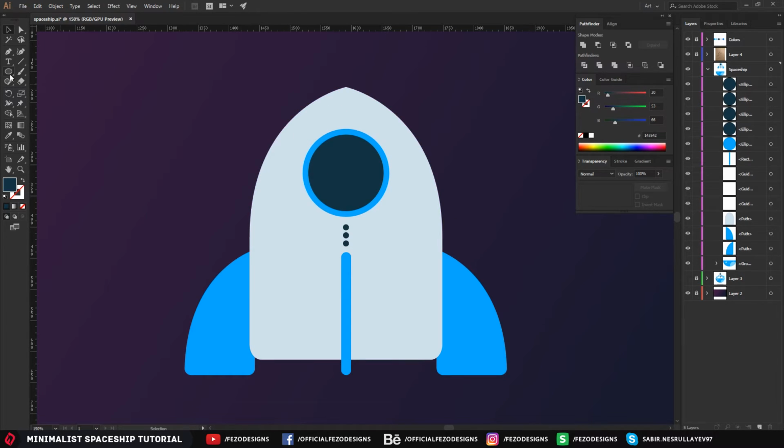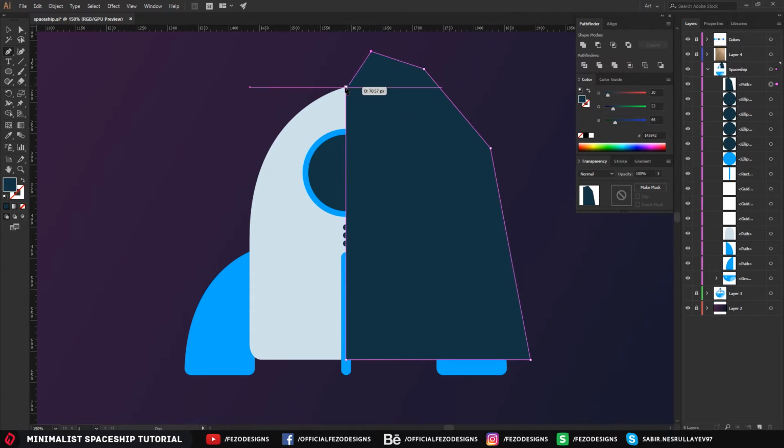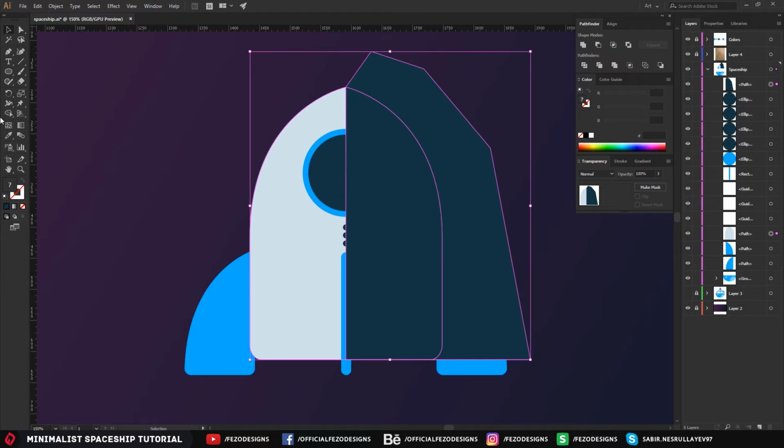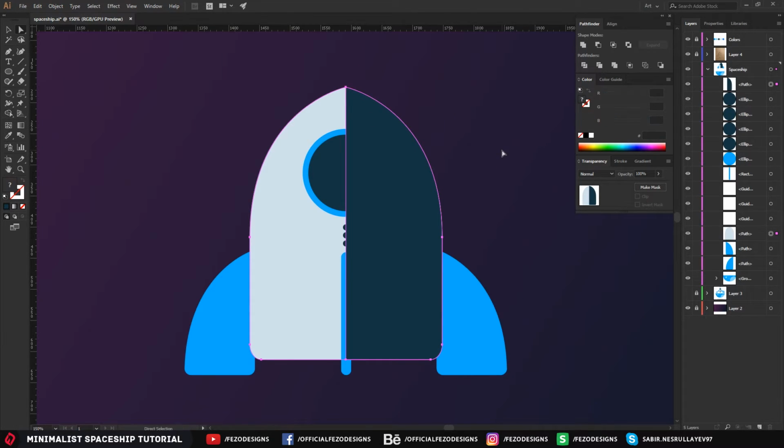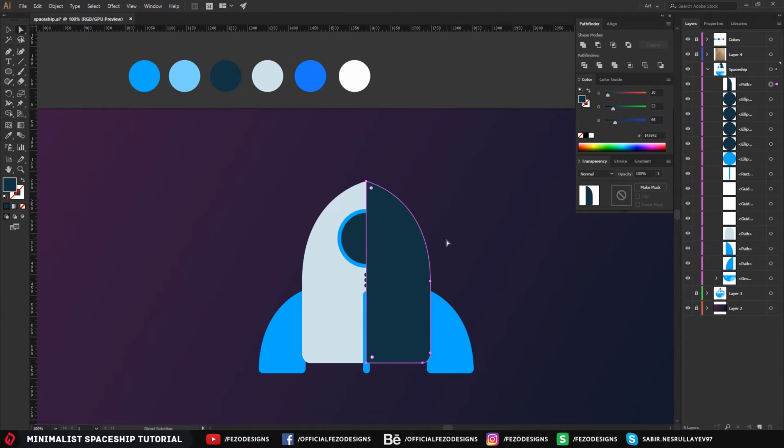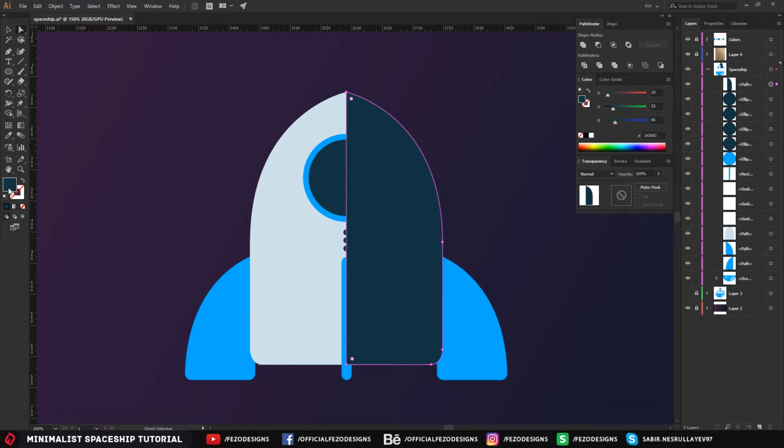For that, select your pen tool, create an anchor point right there, the second one right there, and finish it over there. Select your selection tool, select this shape and this shape right there by holding Shift, and select your shape builder tool and get rid of this part, and select this part of the shape and give it, let me see, full white color,